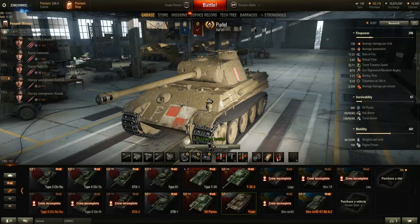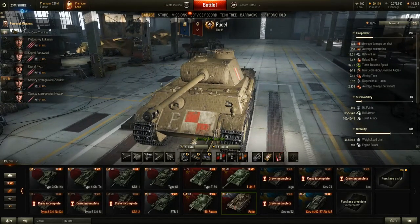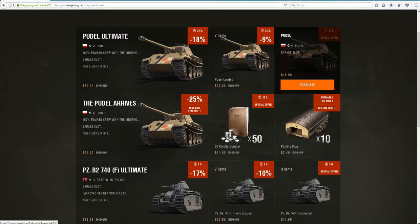stock Panther or a VK3002. Those are the two tanks that are closest to what this is. And when I say close, I mean Wargaming put the paint job on here. Yeah, so before we get carried away with this,